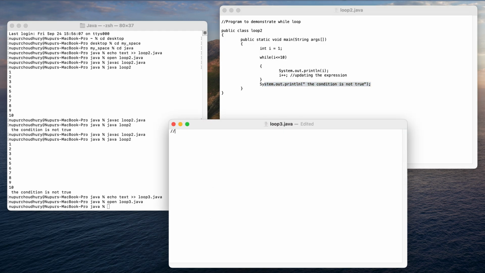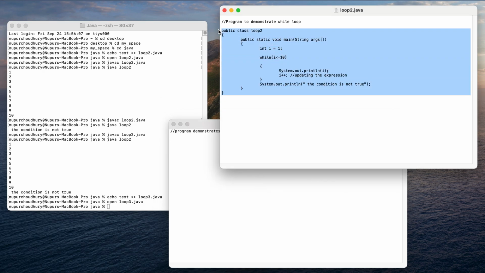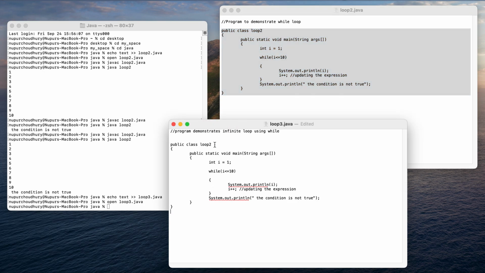So now this program demonstrates infinite loop using while, okay. So what I'll do is I will simply copy and paste it here so that I do not have to write down the code again and again, okay.